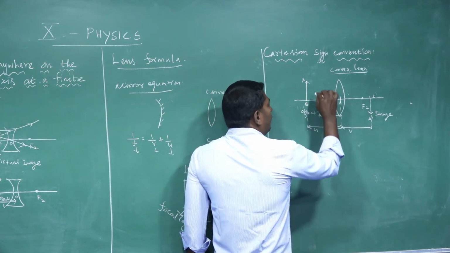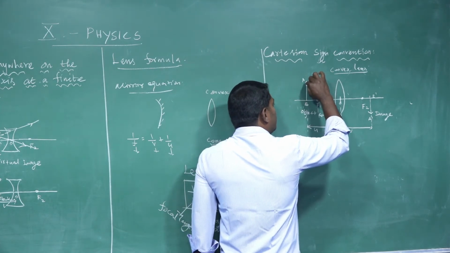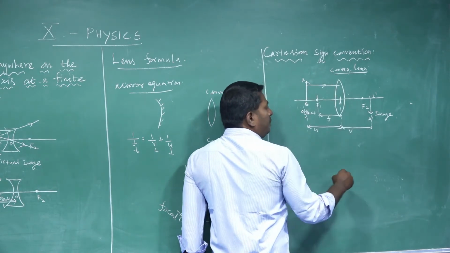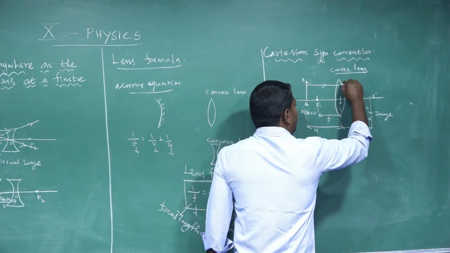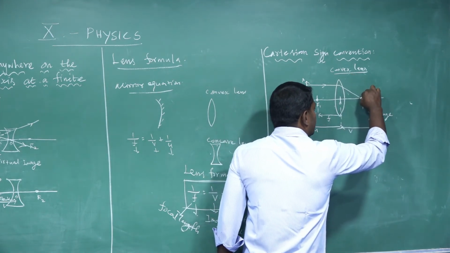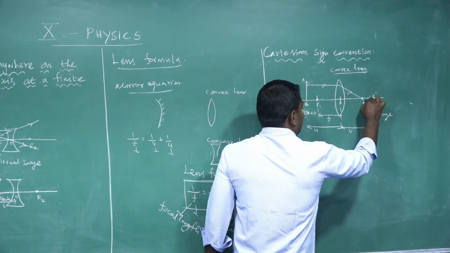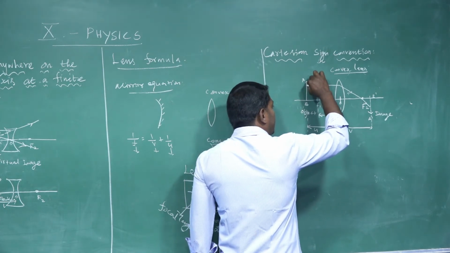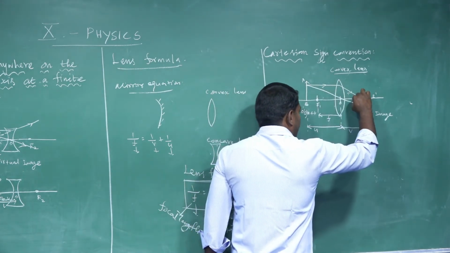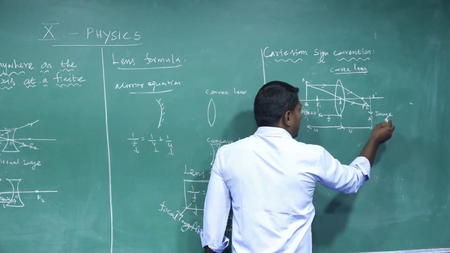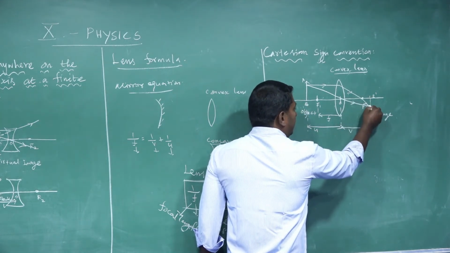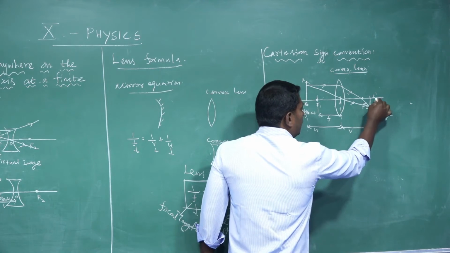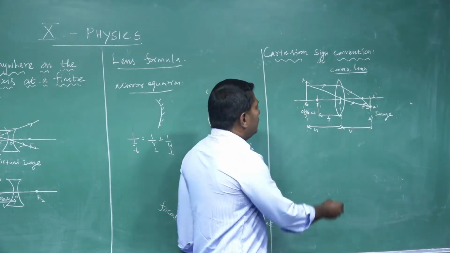Then third one, rays coming from the object which travel parallel to the principal axis, after refraction, that refracted ray must be passing through the principal focus. Another ray coming from the object which is passing through the optic center without producing any deviation travels along this direction. Both the refracted rays intersect at this point. Image will be seen. That is called image. A prime, B prime is the image.